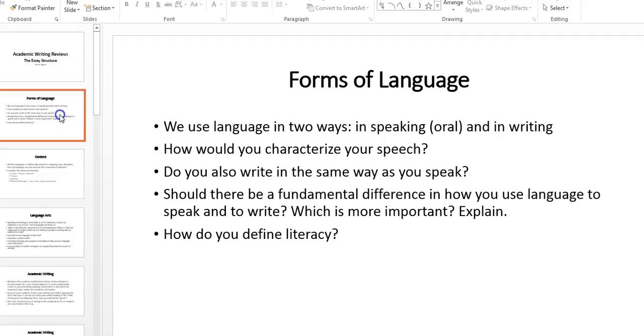I'm going to start off by just talking generally about how we use language, because, well, first off, we use language basically in two ways, to speak and to write. So there are two types of language use that we employ. One is to speak and one is to write. And of course,